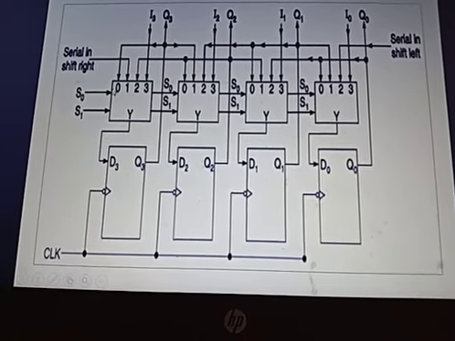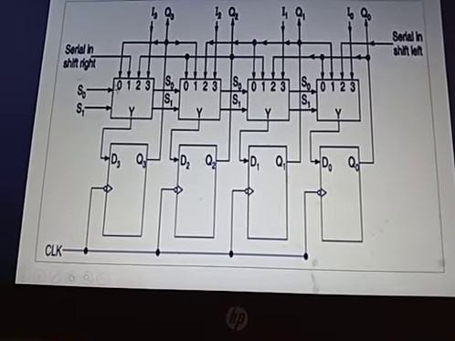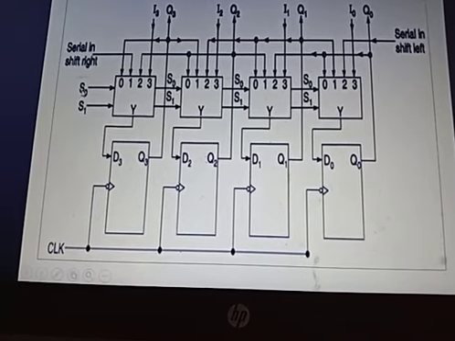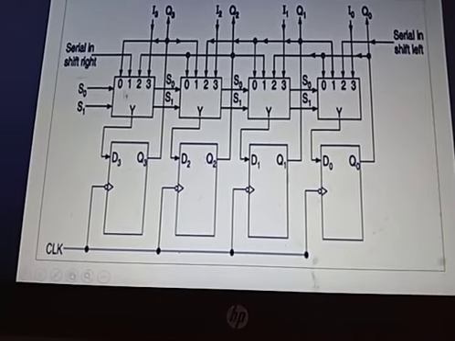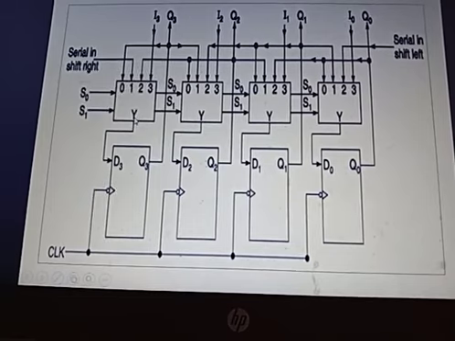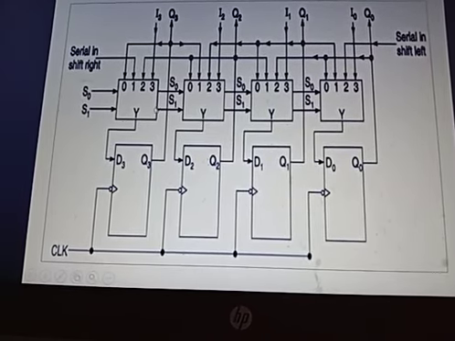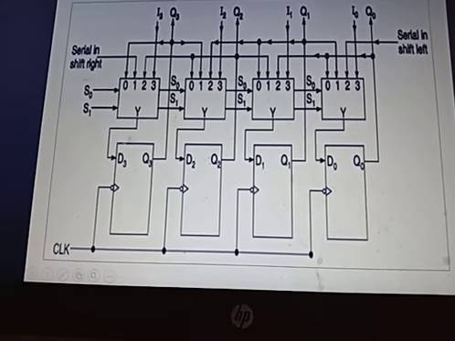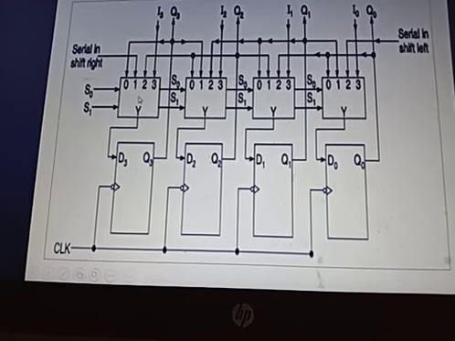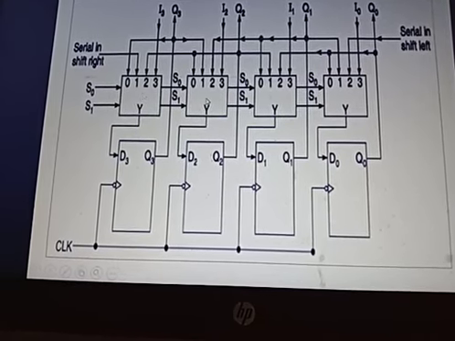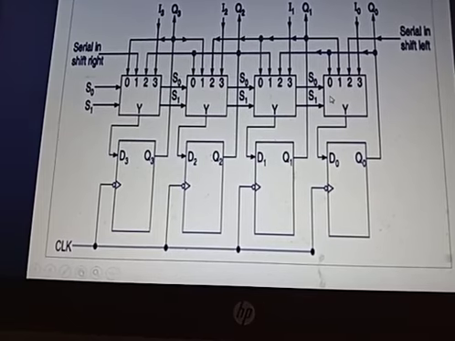I am just having an extra circuit. I hope you remember what this circuit is. You have two lines called S0 and S1. You have many inputs and a single output. So what is it? Yes, you're right. It is a mux. So you have a mux connected across all the inputs, correct? Across each flip-flop, I have a separate mux: mux 1, mux 2, mux 3 and mux 4.